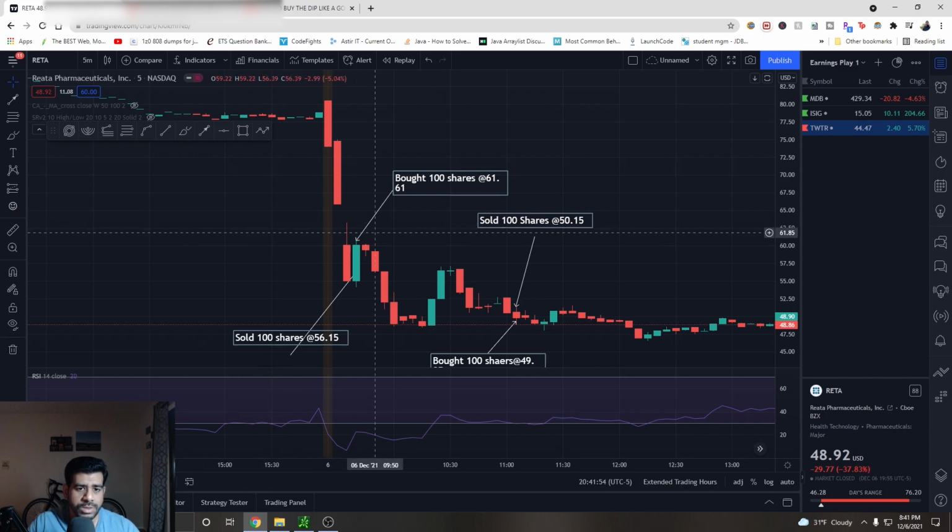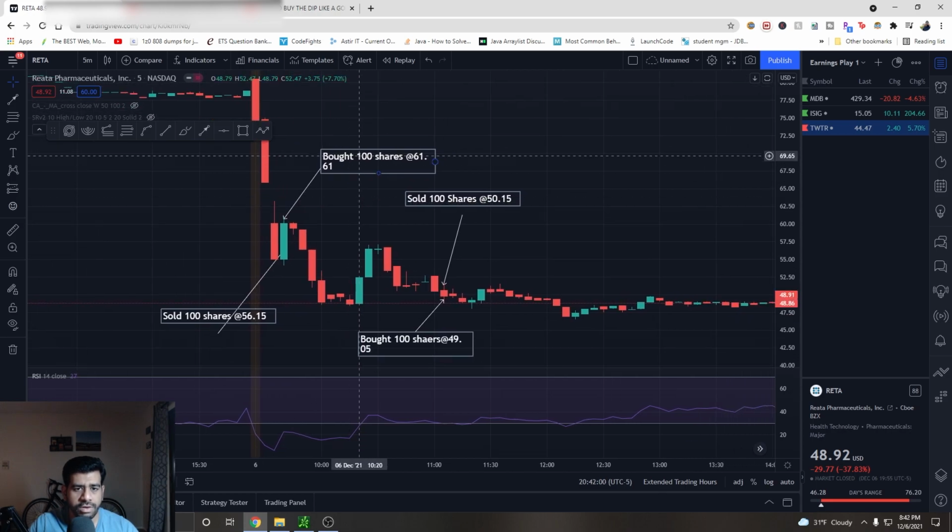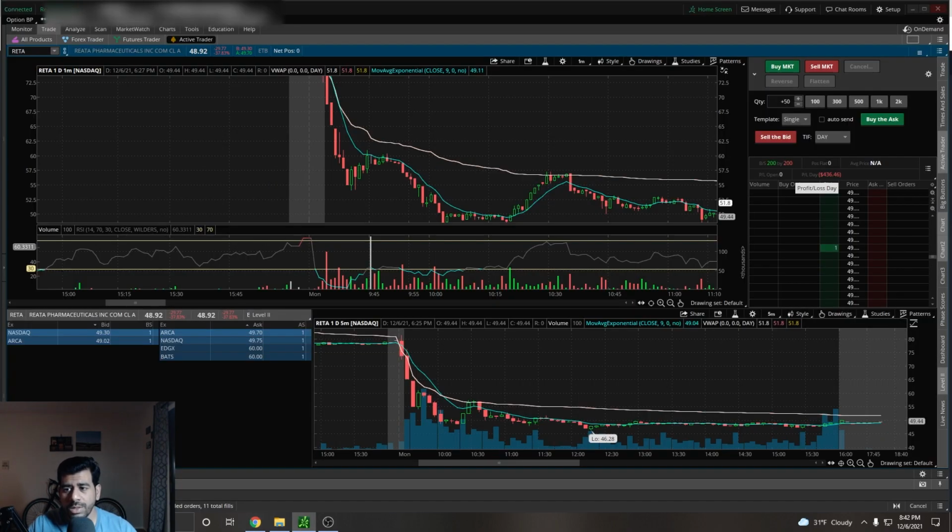The first trade was here, where I lost a significant amount of money, almost $5 on 100 shares. And here I gained $1.15 in this trade, and $1.10 on this trade. Overall, I lost